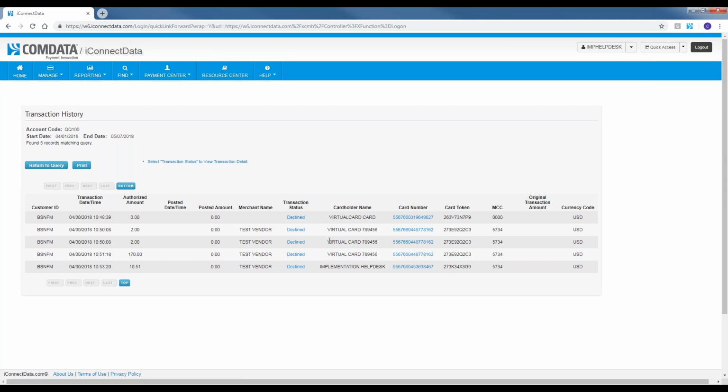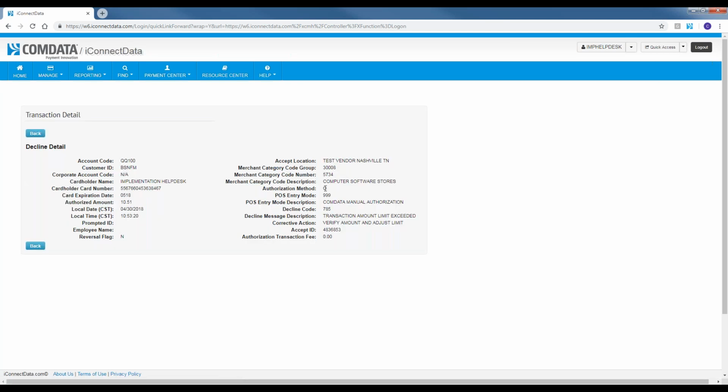So of course, if we're looking at these transactions and we see that they've been declined, but we still don't know exactly why they've been declined, in order to view that information, we're simply going to click on the status, and that will pull up the rest of the information. So now my challenge is to find which one of these is going to provide a good example